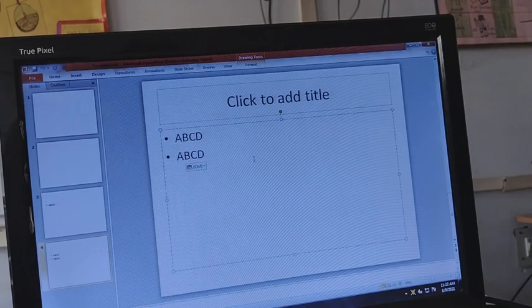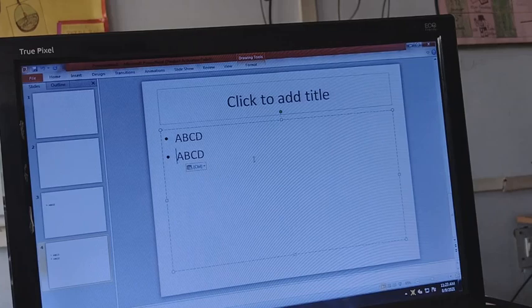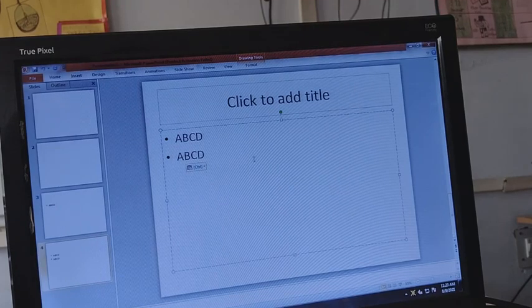There is a difference between copy and moving. If you copy your data, the data will remain in the actual position where it is, and where you paste, it will go there also. So it will be present in both places. But if you cut the data, it will move from the original place to where you paste it. So it will be removed from its original place if you cut the data. This we have discussed several times.